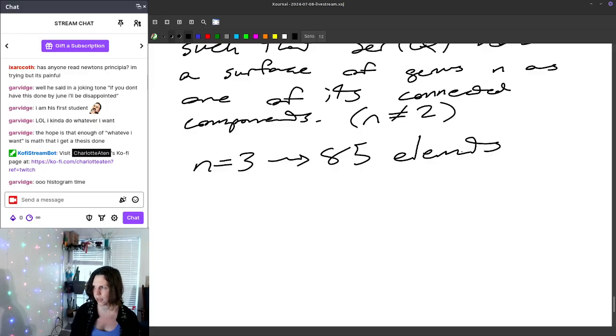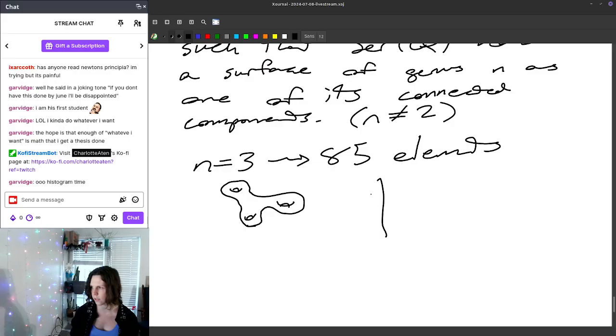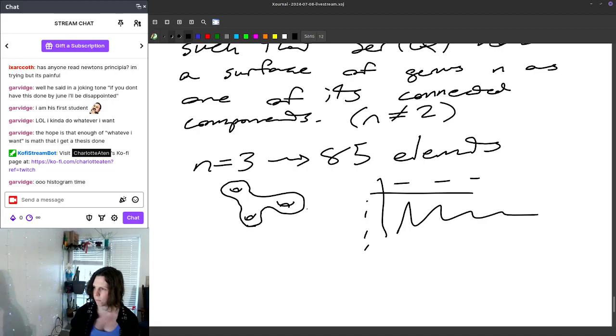Because being able to say I can make this algebraic structure, this Latin square, that encodes the 3-hole donut that has 85 elements, is already kind of interesting. Then, instead of studying this either by hand or on the computer, I just have some table that has 85 entries, and I can study this thing instead. But what's even more interesting is the n = 4 case, for instance, where we have 103 elements,